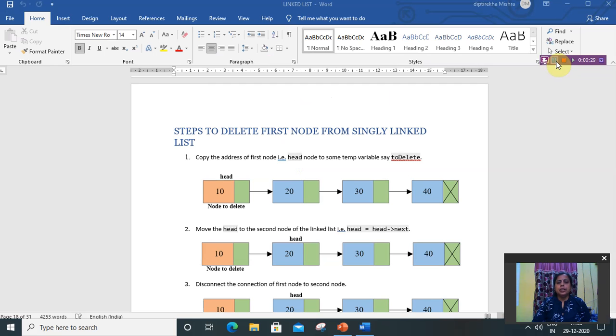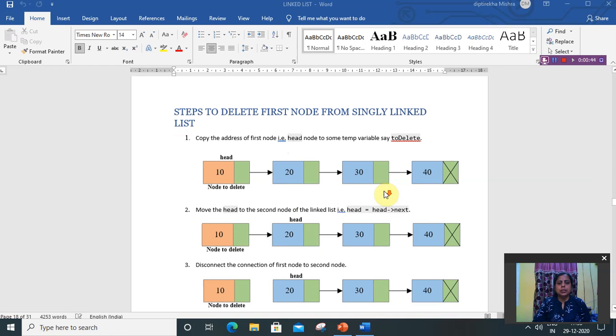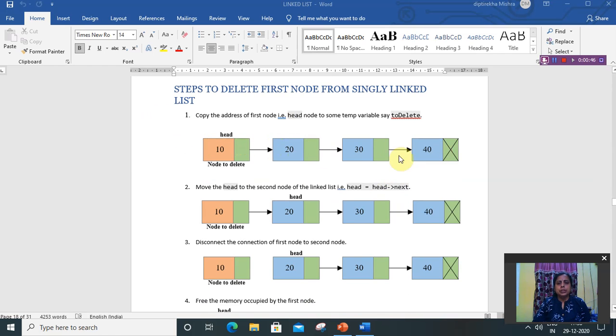We can delete a node from the beginning, from the end, and from in between in any node of the linked list. But in this video class I will discuss the program to delete the first node from the single linked list. So this is the linked list, and if we want to delete the first node, we have to break this link.